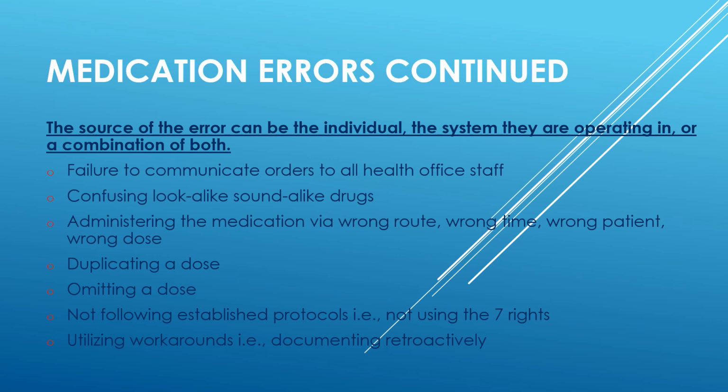The source of the error can be individual, the system they are operating in, or a combination of both. Failure to communicate orders to all health office staff, confusing look-alike, sound-alike drugs, administering the medication via wrong route, wrong time,